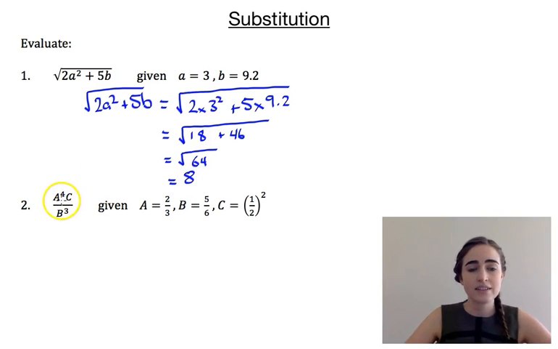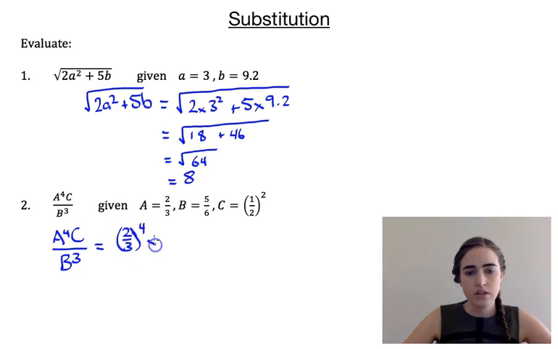All right, our second one asks us to evaluate a to the power of 4c divided by b cubed, given that a is 2/3, b is 5/6, and c is a half squared. So this one's going to be a little bit messier, but it's the same process. So a to the 4c over b cubed is equal to 2/3 to the power of 4 times c, which is a half squared, divided by b cubed, and b was 5/6